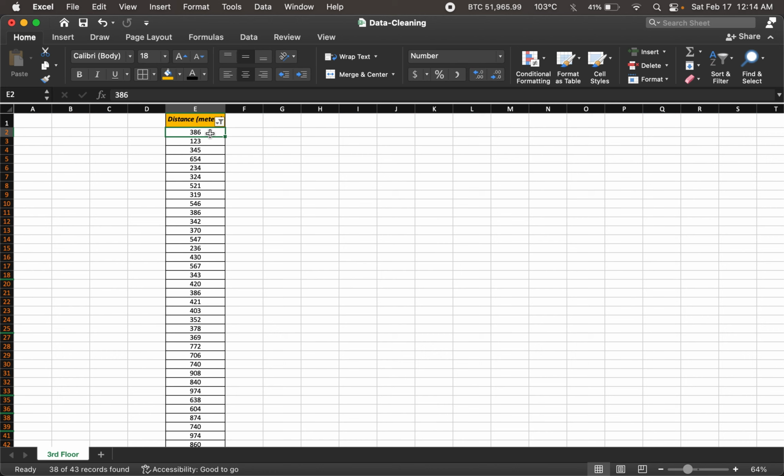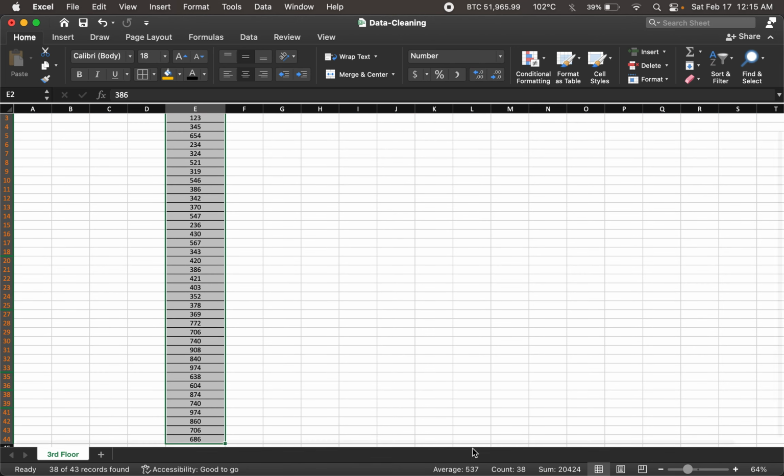I could always then select this data. I could see that the average is there. I could see there's 38 values. I could plot this. I could do different things with this data. So this is in fact a very nice utility, a very nice way to work with data by filtering